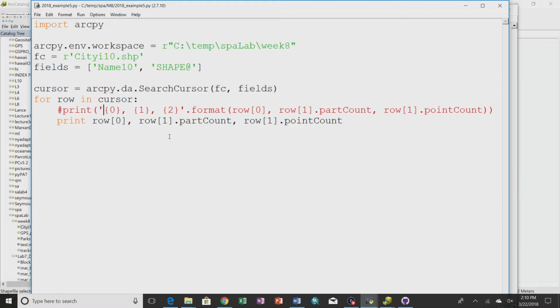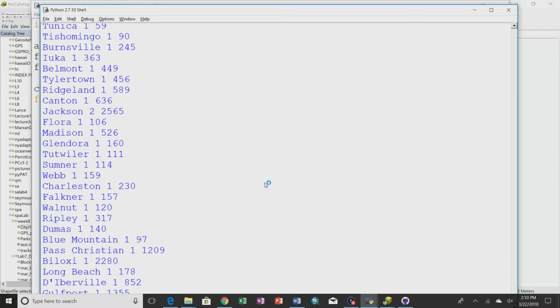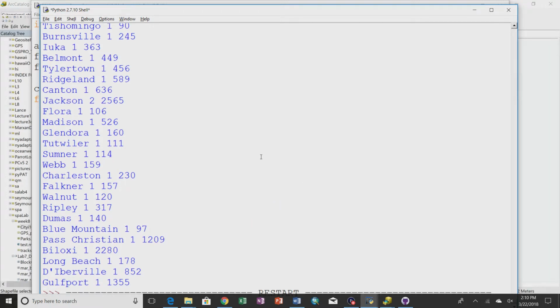So like this would be town name. Right? So now if I rerun that, you see the utility of using the format, because to reproduce that would be kind of messy. I mean, it'd be easy, but